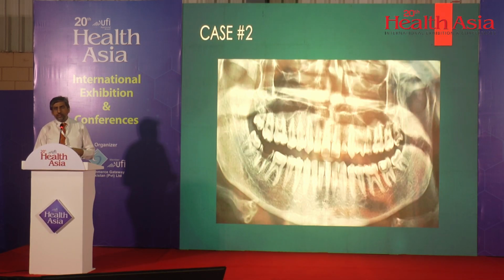This is another case, of immediate implant placement. That was not the immediate implant. Now for the lower right 7, you can see the grossly carious tooth. Once you are planning for immediate implant placement, keep in mind that there should be no periapical pathology and there should be an atraumatic extraction. Always go for atraumatic extraction. Whenever there is buccal bone loss or lingual bone loss, do not place the implant. There are very few chances of it becoming successful.